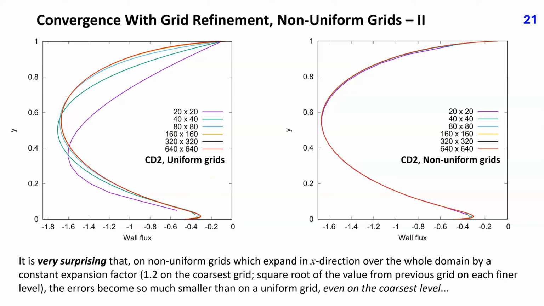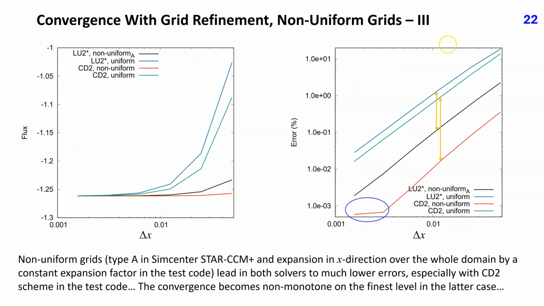It is very surprising that on non-uniform grids which expand in x direction over the whole domain by a constant expansion factor, the errors become so much smaller than on a uniform grid, even on the coarsest level. Except for the coarsest grid, results from all other grids fall almost on top of each other when a non-uniform grid is used. This plot shows the variation of the total diffusion flux over the west boundary with grid refinement